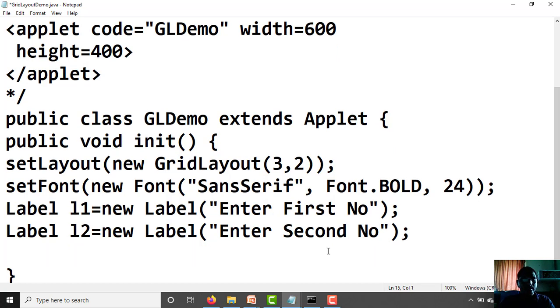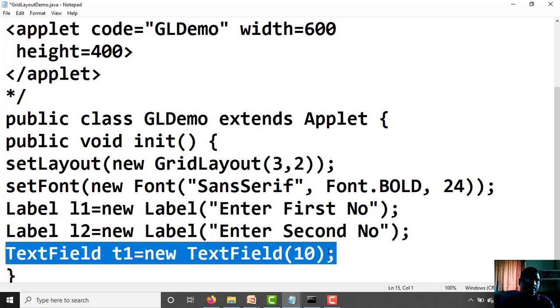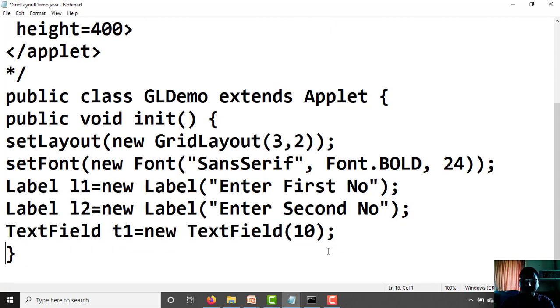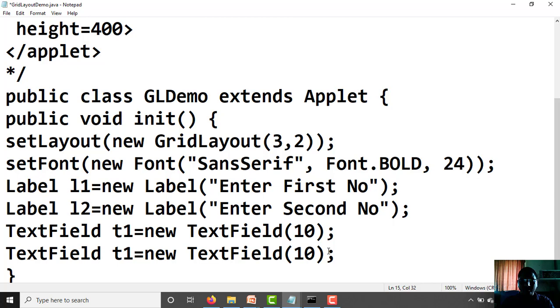Next, text field T1 equal to new TextField, 10. TextField T2 equal to new TextField.